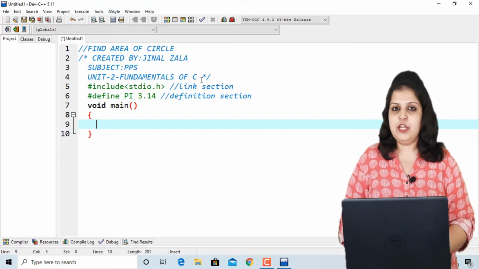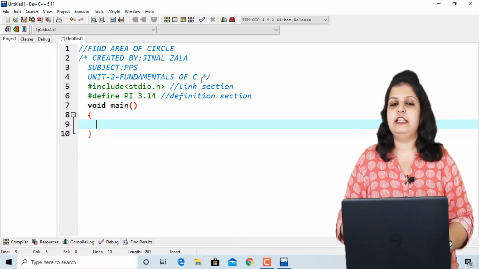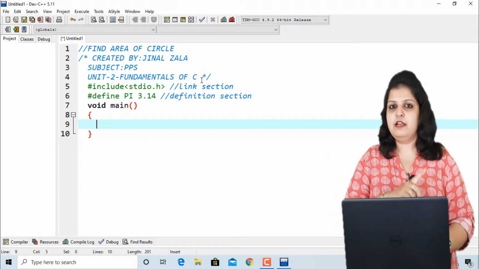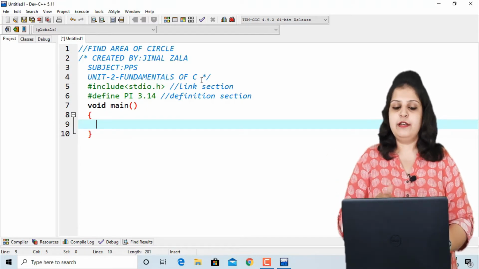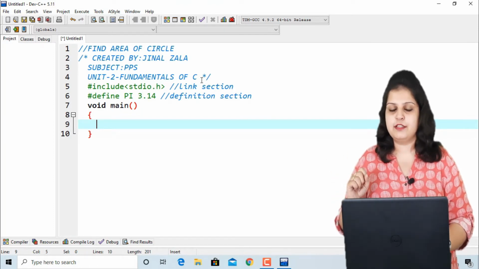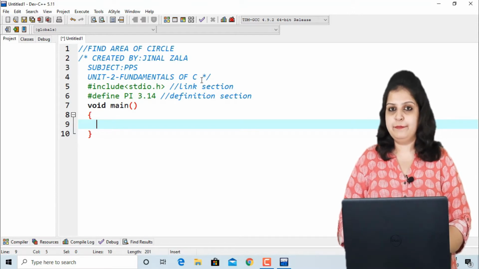In this definition, find the area of circle. First think what will be the input and how many variables we need here. So first of all, a is equal to pi r square. So first of all, a is required, pi we have already defined in the definition section, and r means radius. So declare these variables by their data type.